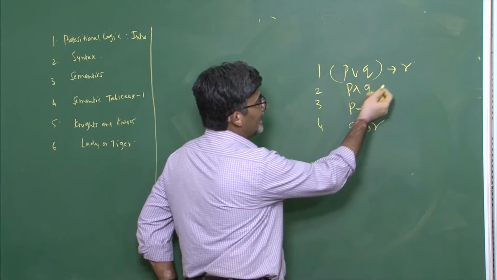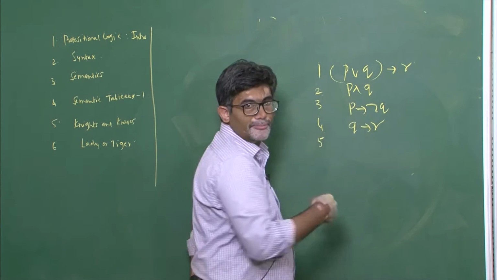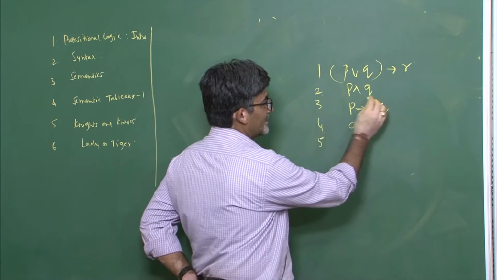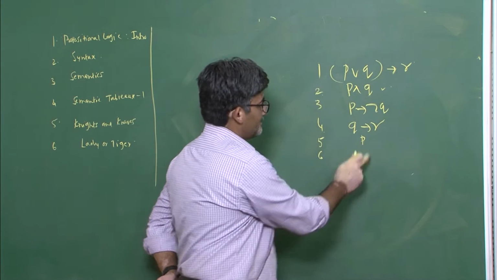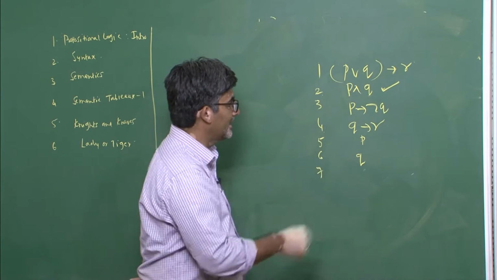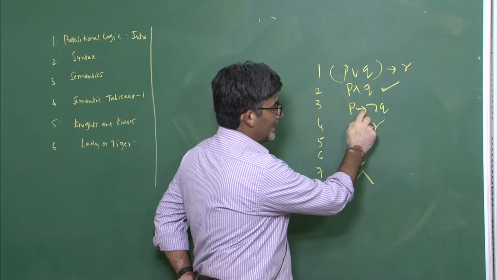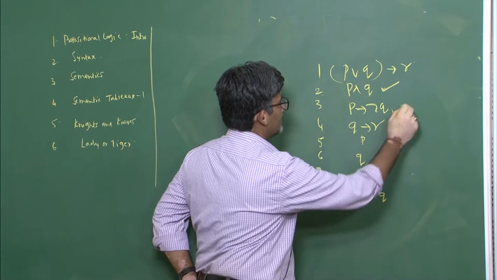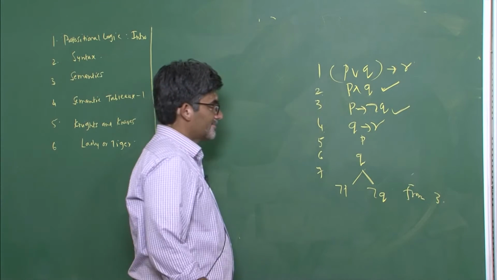Now again, the first strategy that you use is to always use non-branching rules. The one which doesn't lead to a branch is the one which you need to take into consideration first. So this is this one. P implies Q is simplified as P, Q. Now this is checked, so that's why you have put a tick mark there. Now any formula that you can take into consideration. So now I am handling this one, not P and not Q. This is from 3. You can write the justification like this.